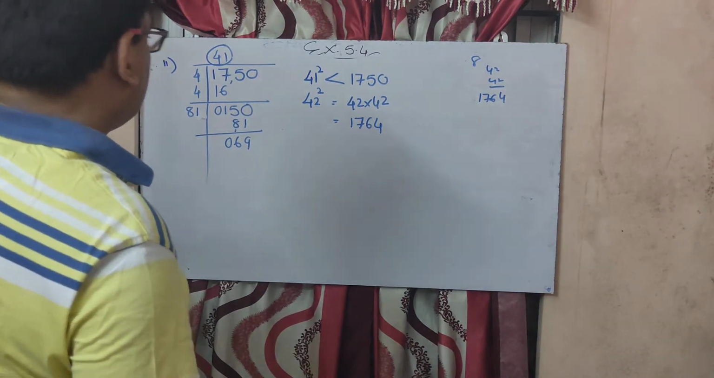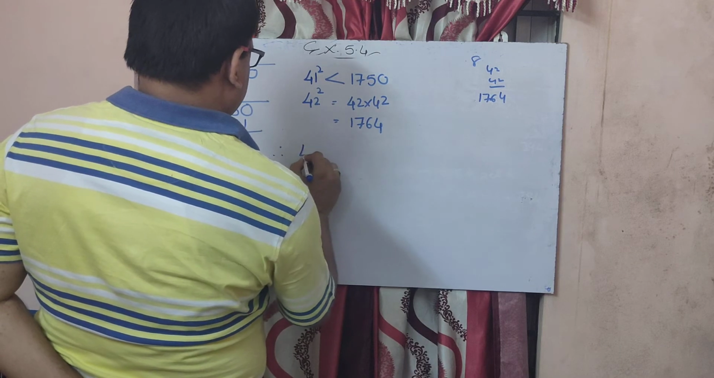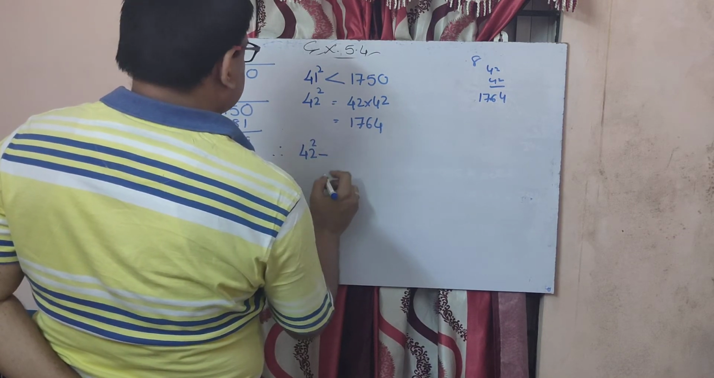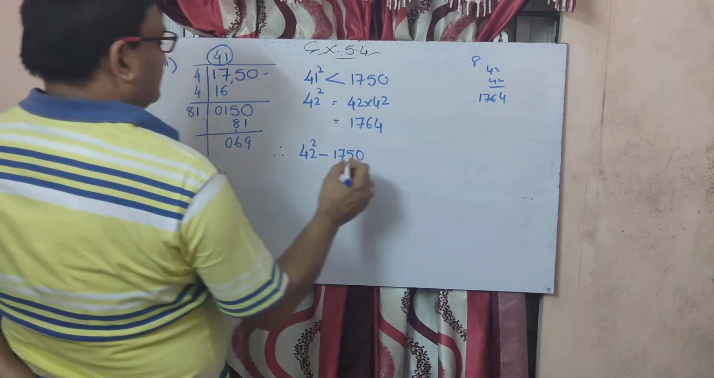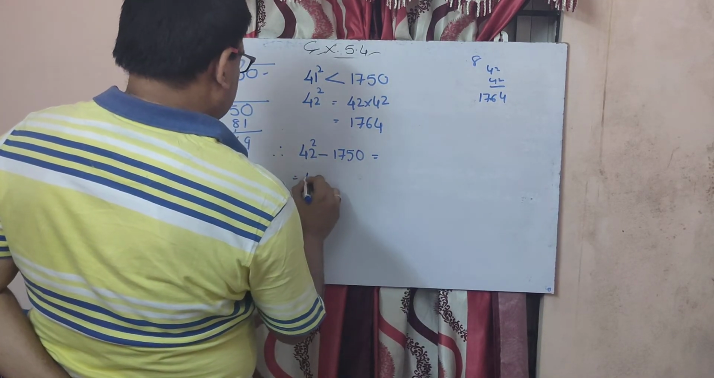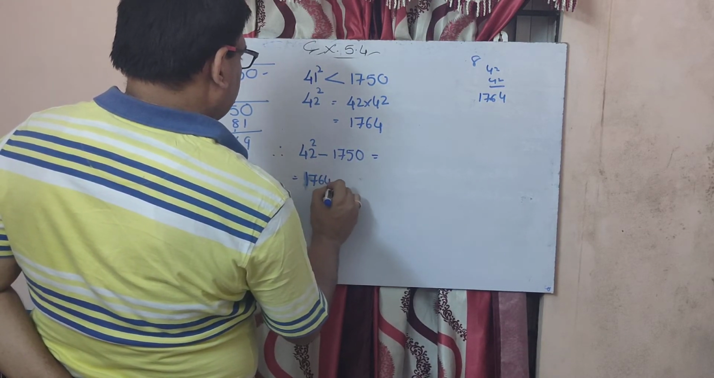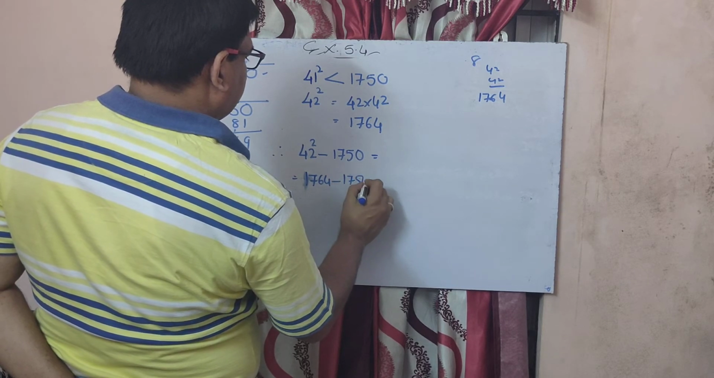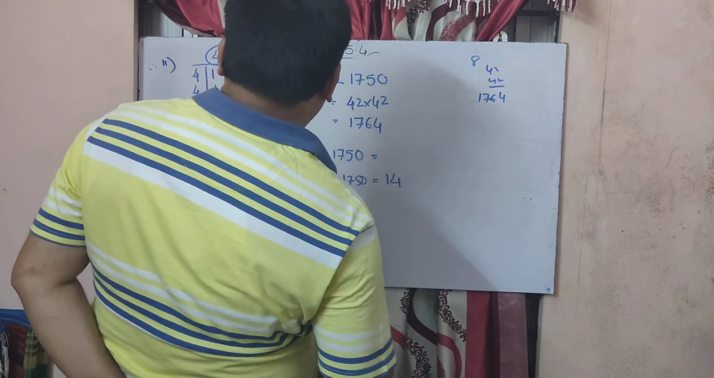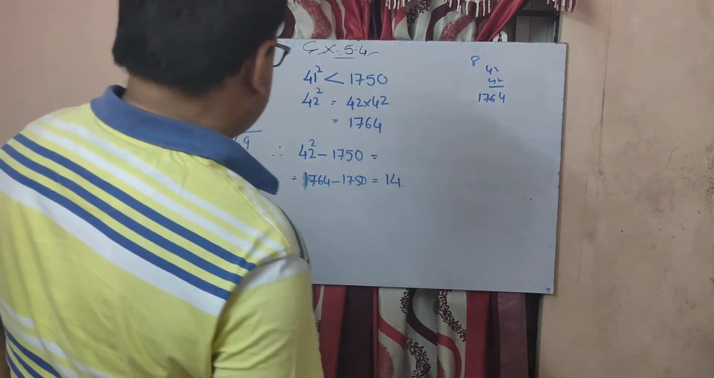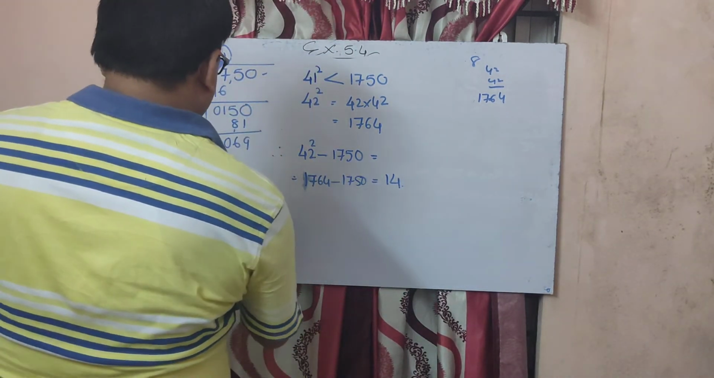1764. So what you have to do? Therefore, 42 square minus 1750. So whatever number this is equal to, how much is it? 1764 minus 1750. How much do you get? 14. 1764, 1750 already there. 14. So therefore,